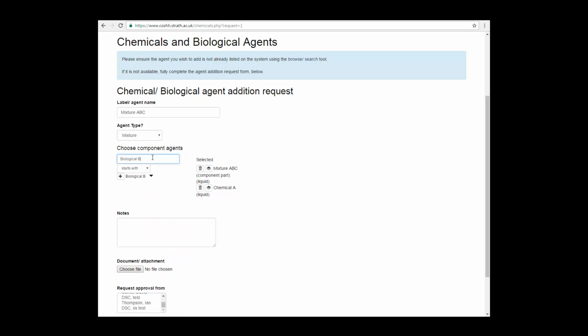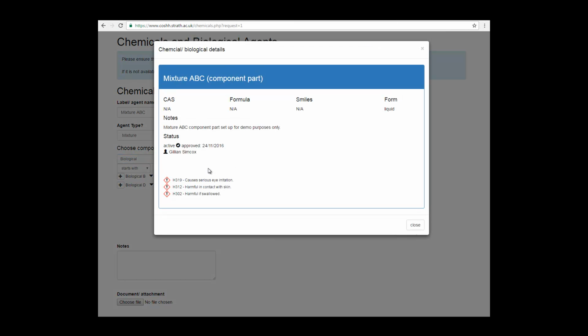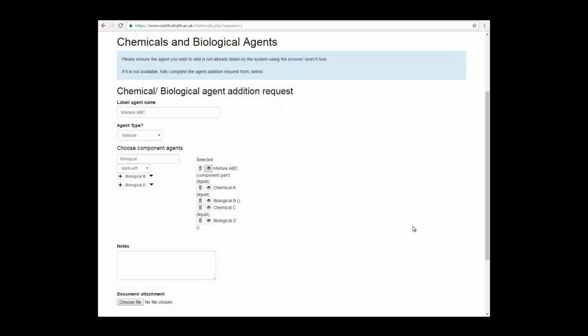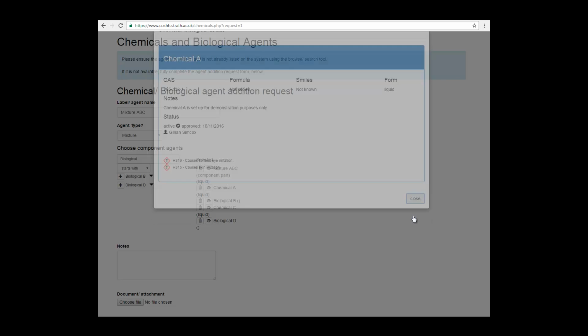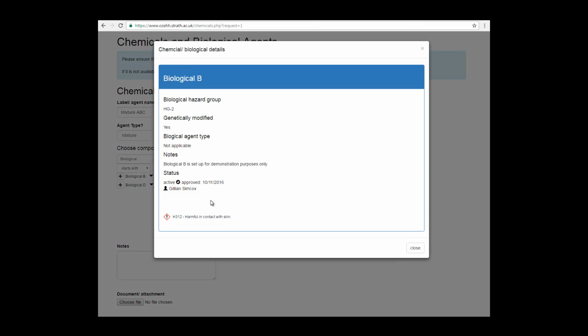In this case, chemical A, biological B, chemical C and biological D that we have added and requested approval for to the active agent database. Once we've added all our component parts, we can then, using the eye icon, have a look at each individual record for each of the ingredients of this substance. So we've had a look at mixture ABC component part, chemical A, biological B,